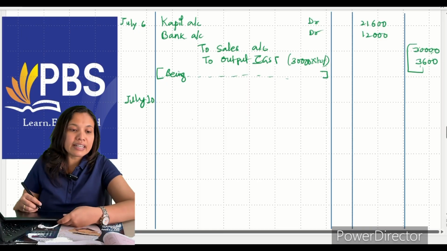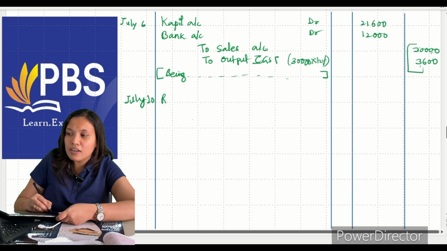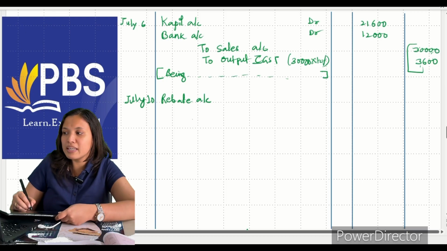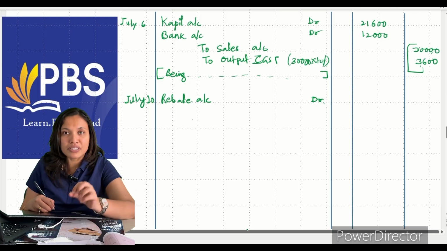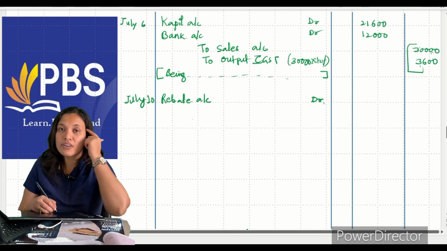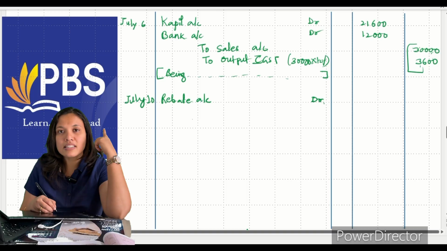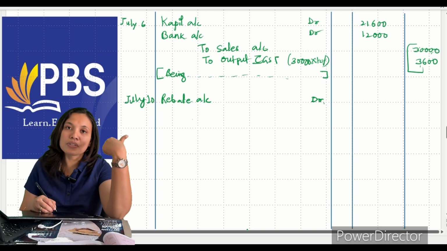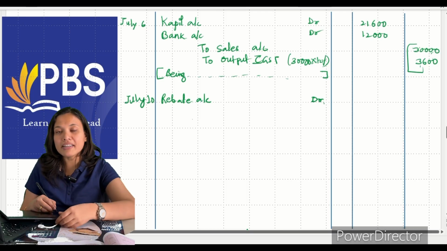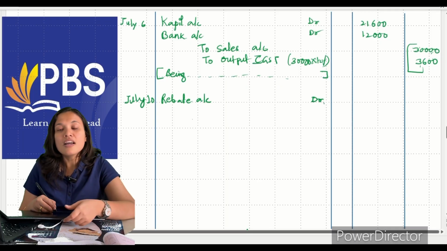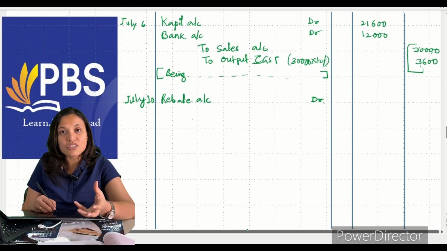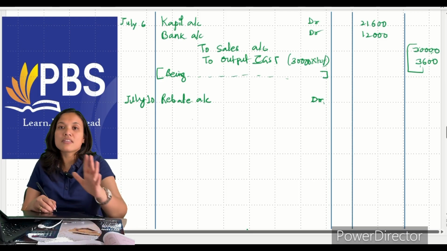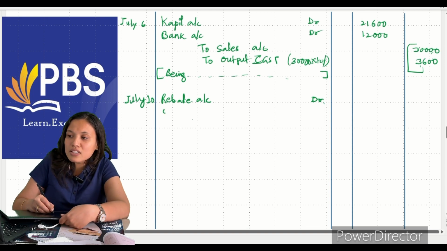So now what will be the entry? Rebate account or discount account debit, because we are giving it, so it is an expense or loss to us. But because this rebate is given for the defective goods, recall reversal of GST. Whenever there is a return, defective goods, sale, loss by fire, drawings, we have to reverse the GST. In this case, because goods were defective, and on these goods the GST is paid, we will reverse the GST. Please reverse the GST here.